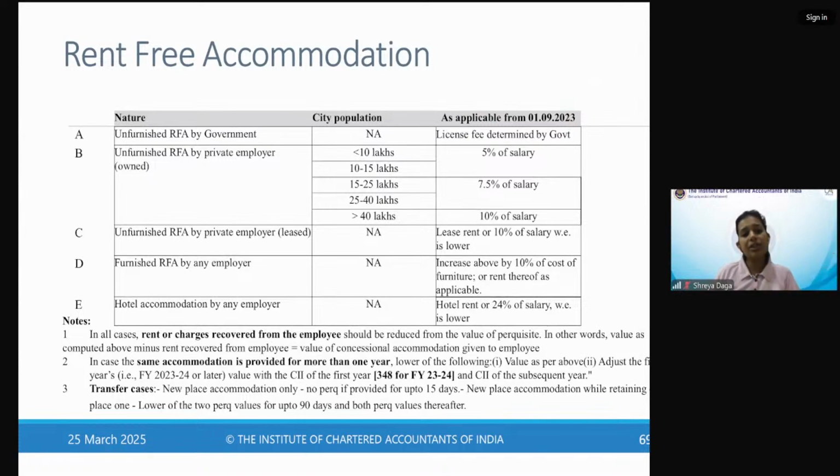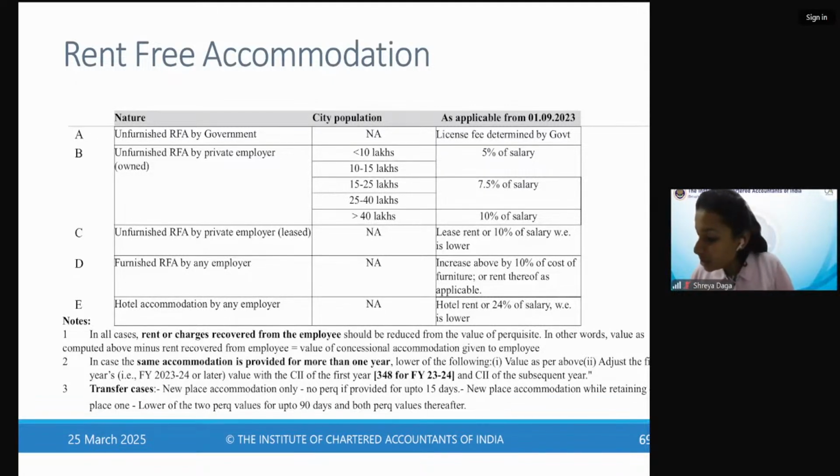पर वही अनफर्निश्ड घर अगर प्राइवेट एम्प्लॉयर देता है, मतलब नॉन गवर्नमेंट एम्प्लॉयर जो कि वो खुद ओन करता है, सो देयर इज XYZ लिमिटेड which owns a property and it is allowing its employee to stay in that property without furnishing it. They are saying हम आपको घर दे रहे हैं, आप उसमें फर्नीचर बनाओ। ठीक है। अनफर्निश्ड घर given by private employer which is owned by the private employer. ऐसे में we need to see कि सिटी पॉपुलेशन क्या है।